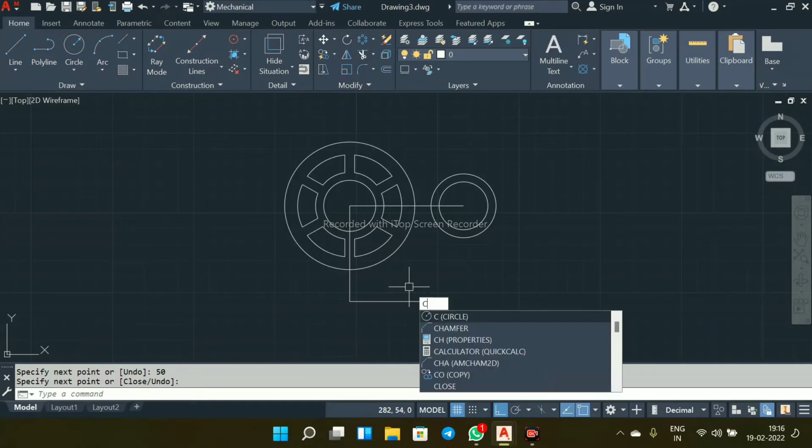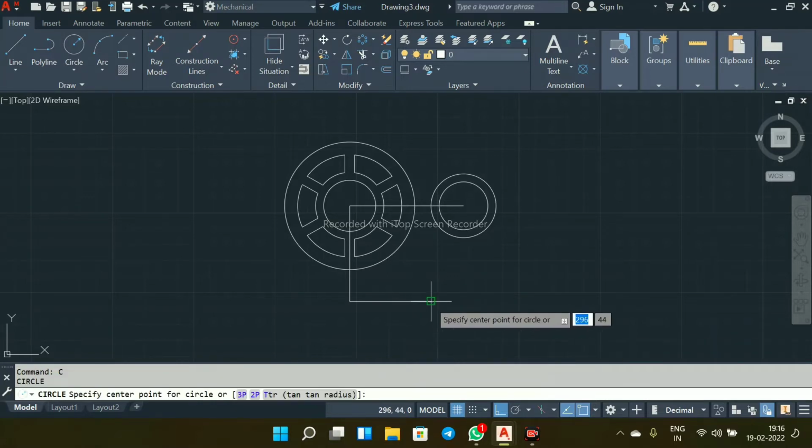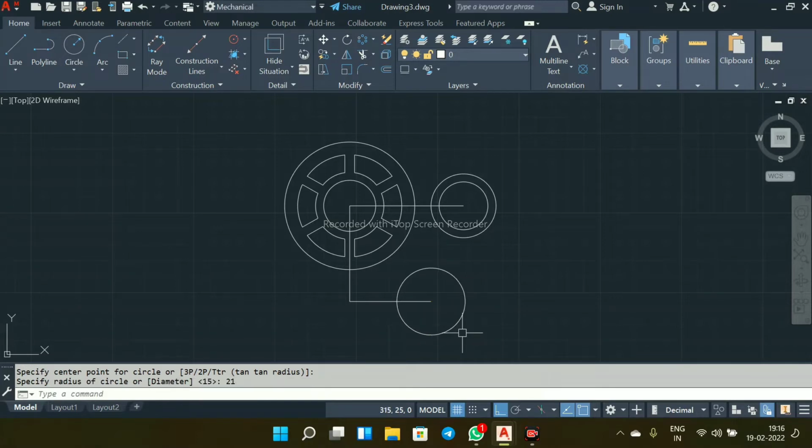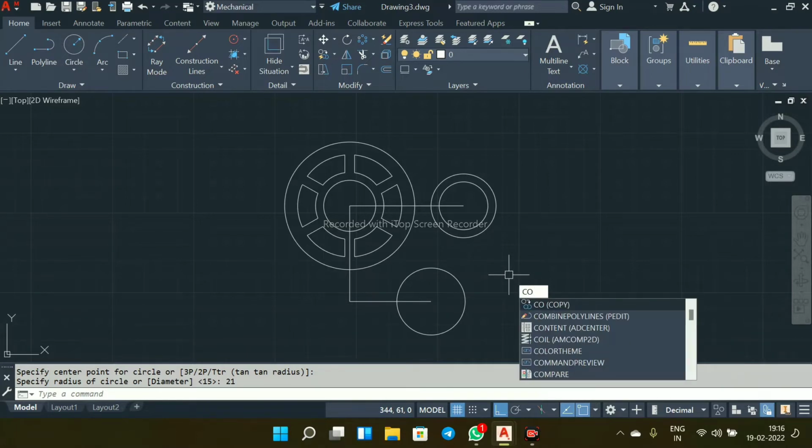Now type C enter and select this end point. Make it 21 mm radius, and if you want to copy this circle and fix it here, you can do it by typing CO enter, that is the copy command.